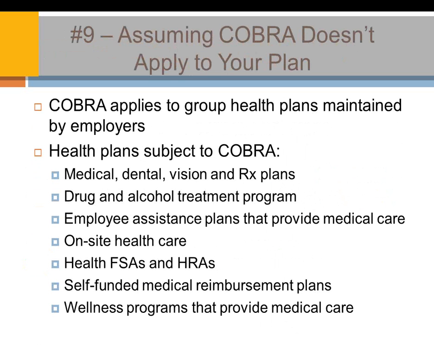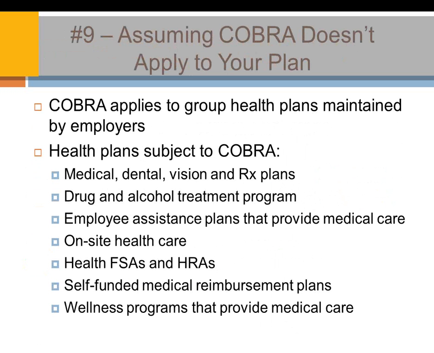The ones that sometimes get missed are some of these extra add-ons. So EAPs, again, for example, drug and alcohol treatment plans, wellness programs, different types of reimbursement programs. FSAs are probably the most tricky of all of them, in that if an employer or an employee has contributed more than they've been reimbursed, the FSA then needs to be extended as a continuation benefit. But if it's the opposite, where the employee has been reimbursed more than they've contributed, then FSA does not apply.